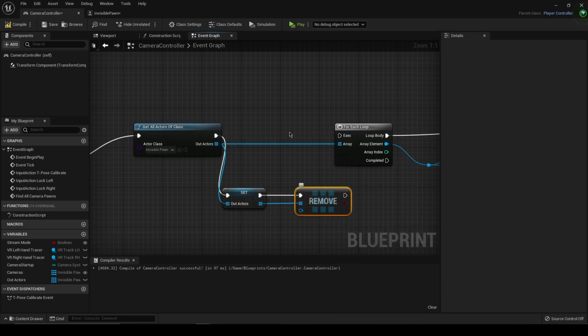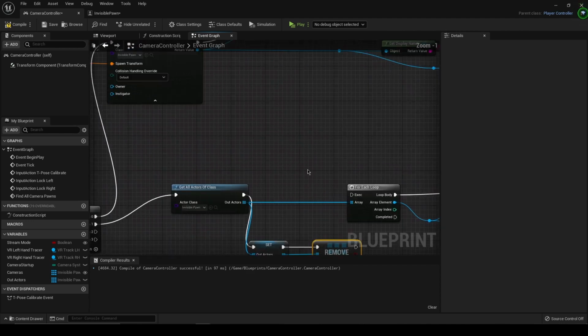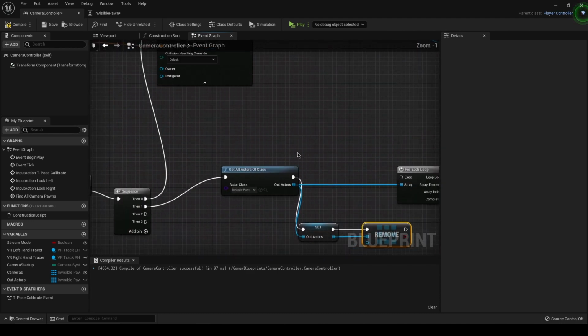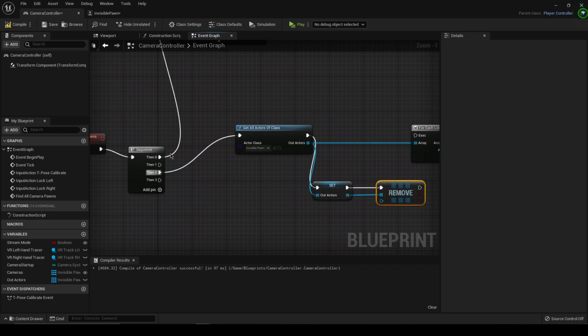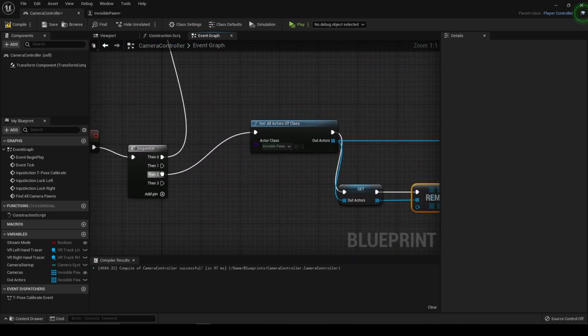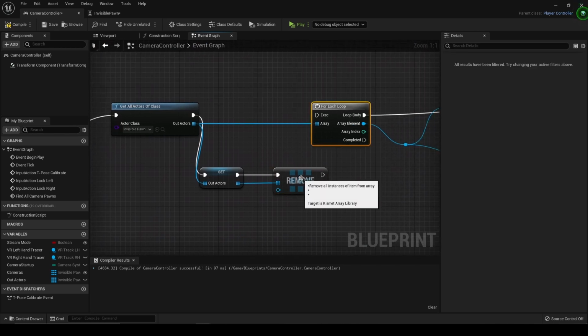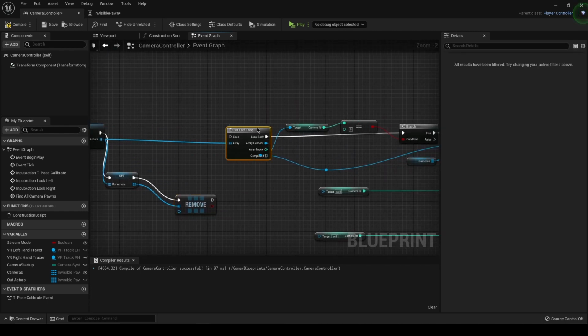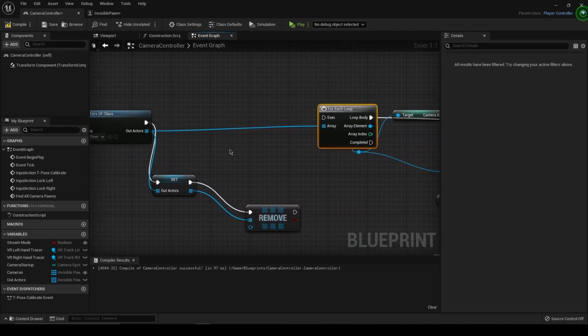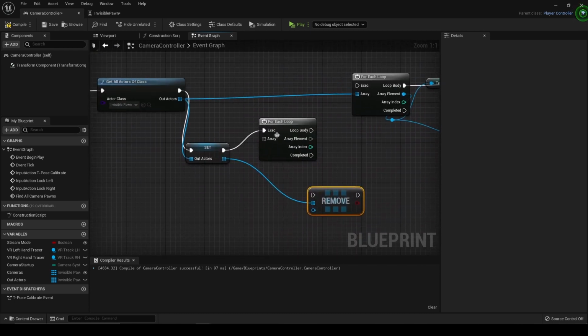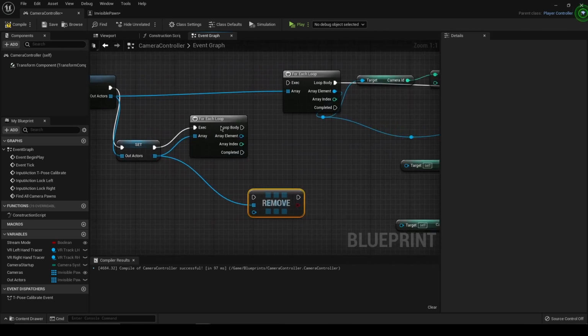Remove item. So we're going to remove... I recognize that I've just gotten really confusing here. Stick with me. So for all the out actors, what we're getting here, we're going to check to see